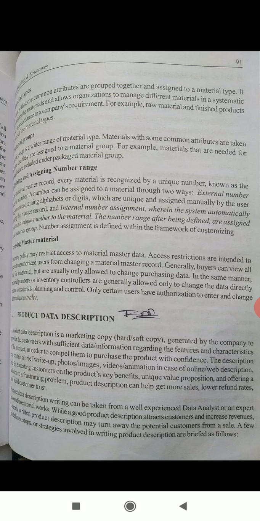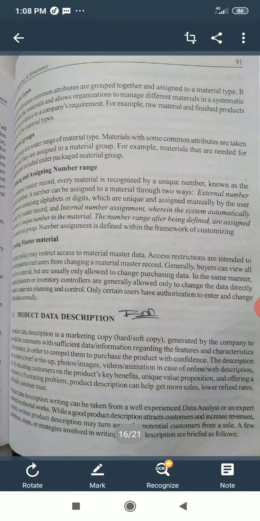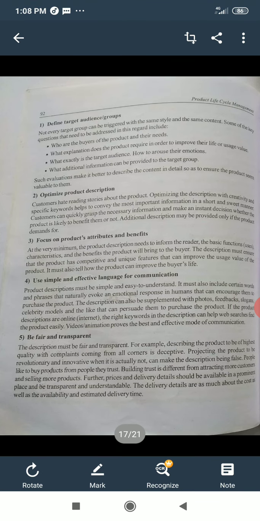What exactly is the target audience? How to arouse their emotions? What additional information can be provided to the target group? Such evaluations make it better to describe the content in detail so as to ensure the product seems valuable to them.